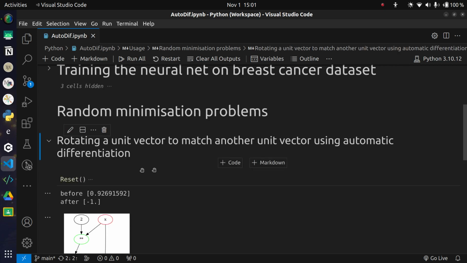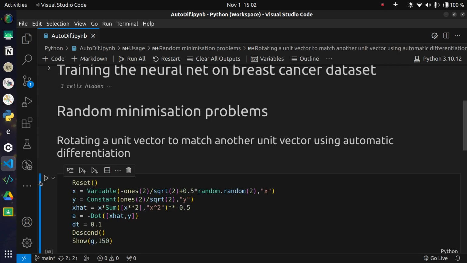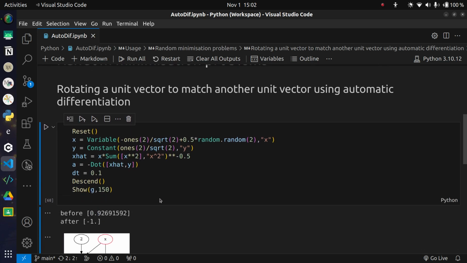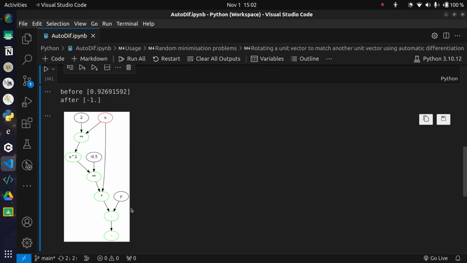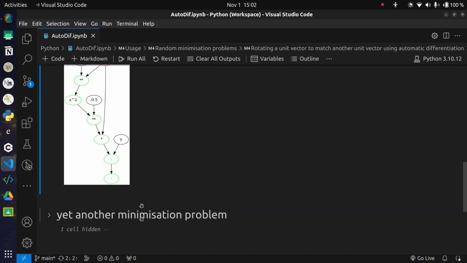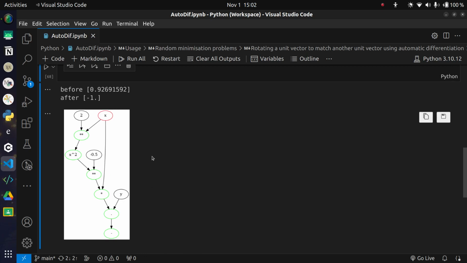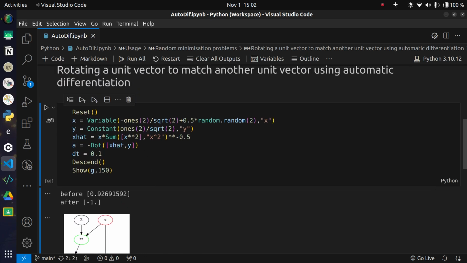Okay, first let's take baby steps. Our first task will be, well, we want to rotate a unit vector to match another unit vector using automatic differentiation. And so this is the graph for the same. It's slightly more complicated than the simpler one, but all in all, it's still a simple thing. So when I run this